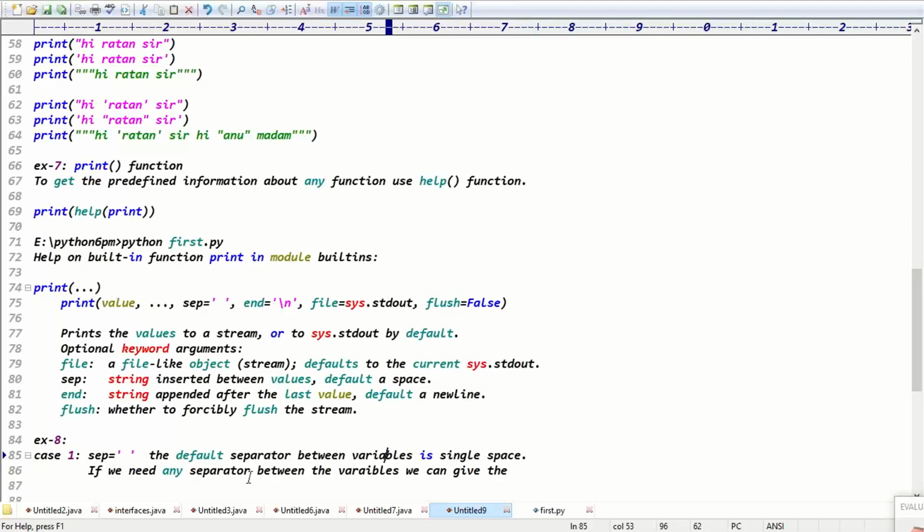If we need any other separator between the variables, we can give it using the sep attribute, sep equal to double quotes, and you can put stars like this.